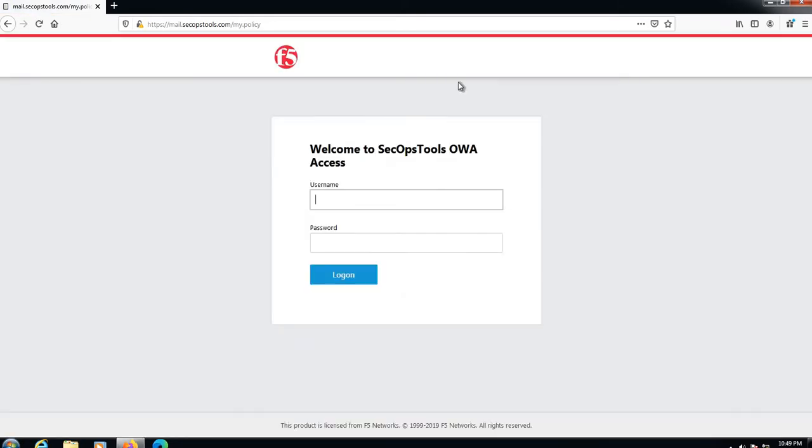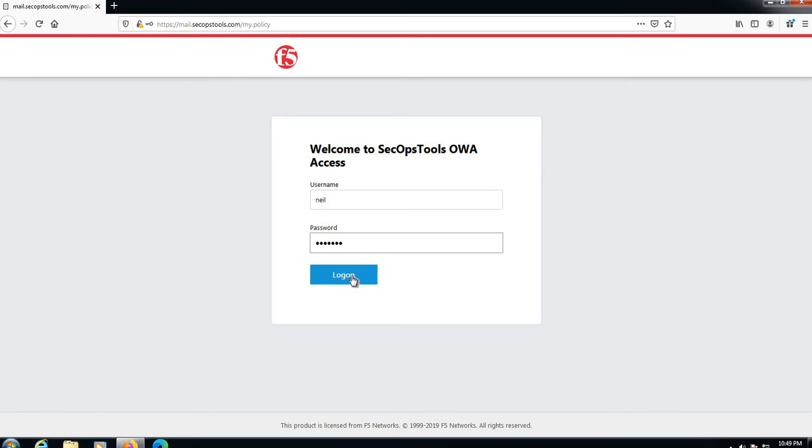Yeah, so this is the page from APM. Now, this page is customizable, so that we will see later: how we can customize, how we can change the logos, or how we can change the footer message and all. For now we will do just our APM test. So now let's enter username and password.